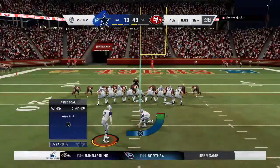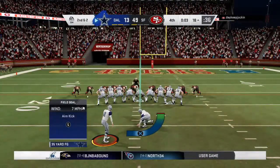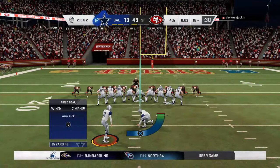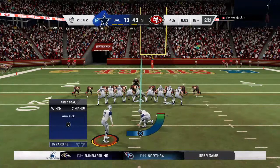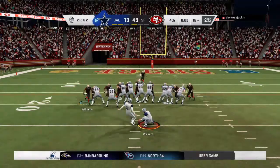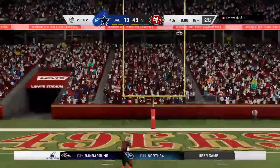So on 4th down, on comes the Dallas kicker, Brett Maher. This just a 35-yard attempt from the left hash. And this one is right